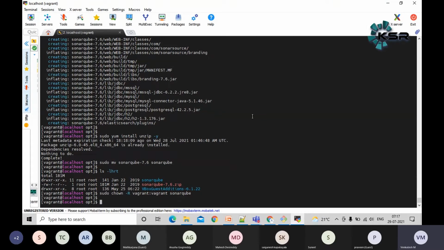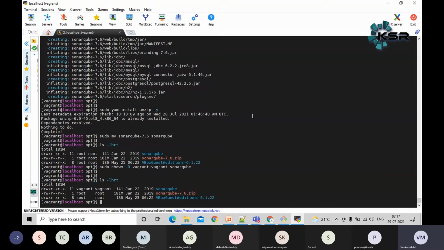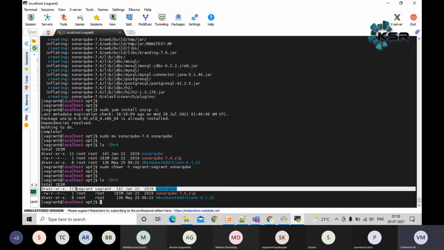Now I have assigned the permissions. Let's see what is done. Earlier, the SonarQube folder had permissions with root as the username and root as the group name. Using this particular command, I have changed the permission to the Vagrant username and Vagrant group name. As you can see here, the permissions got updated.